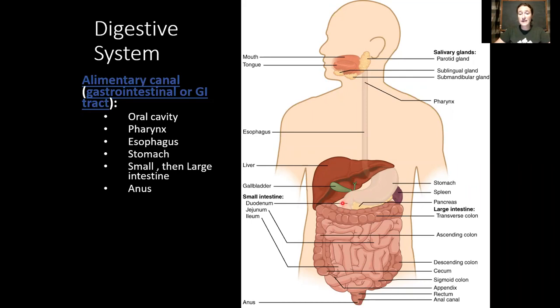The small intestine contains 3 sub-organs or regions: the duodenum, next is the jejunum, and finally the ileum. The small intestine really is the main site of digestion and absorption. We'll see that all sorts of other things are happening throughout the entire tract, but the small intestine is really where the overwhelming majority of the magic is happening. The small intestine is the longest of all, essentially to provide more opportunities for digestion and absorption.